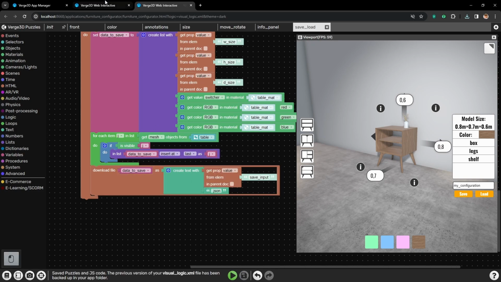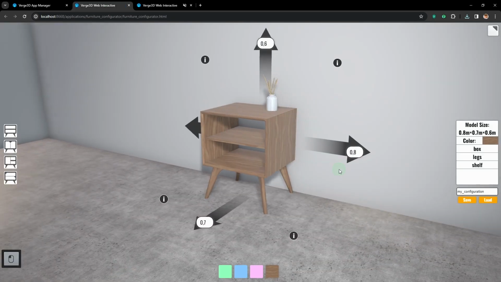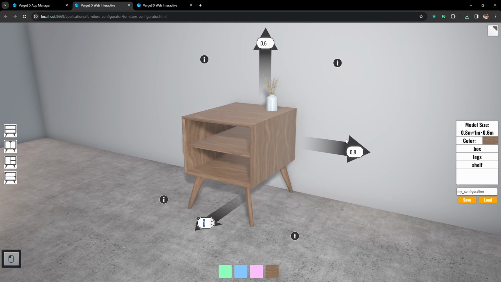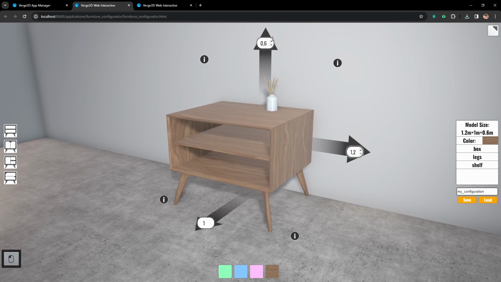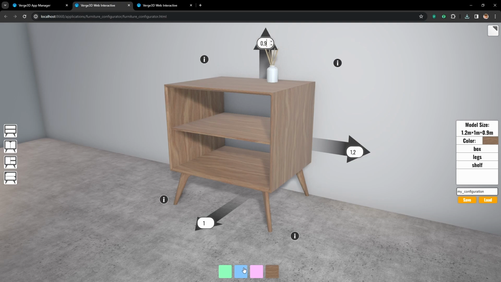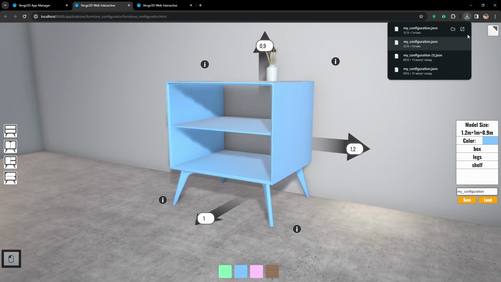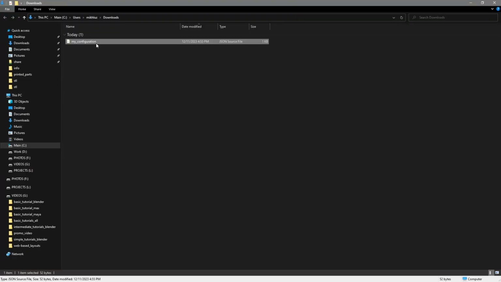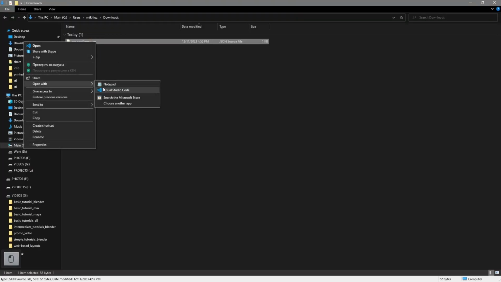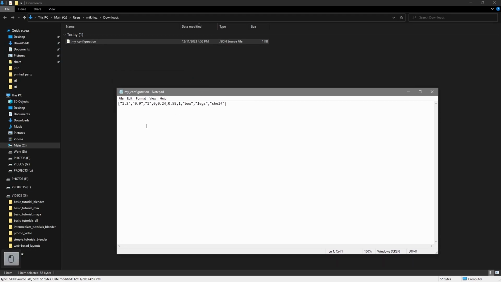Alright, let's check how it works. Let's set up our cabinets a little bit, change some things, change the color and save the file. Let's press save and check what we actually saved. So inside the file, the first 3 parameters are width, height and depth. Then we have the value parameter or our